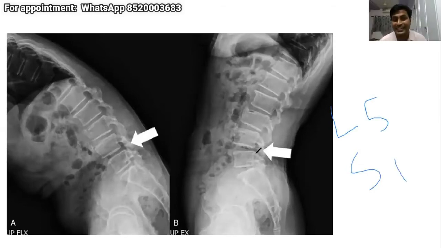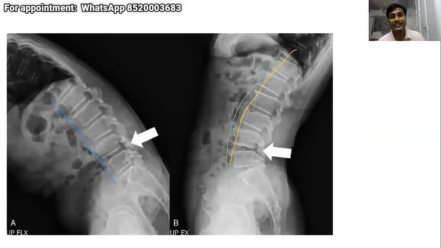Can you draw the anterior vertebral line? Are you trying? Fine. Now draw the posterior vertebral line. You are on the same way, but I am clearing it once again. Clear all diagrams. So I am drawing. This is the posterior vertebral line. Are they all in a single line or not?